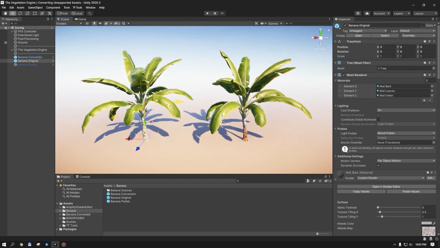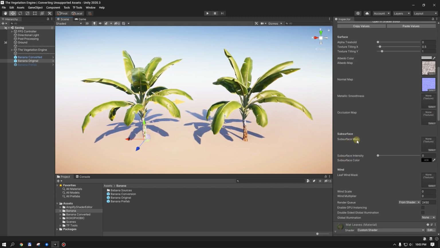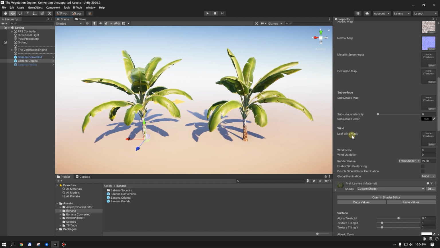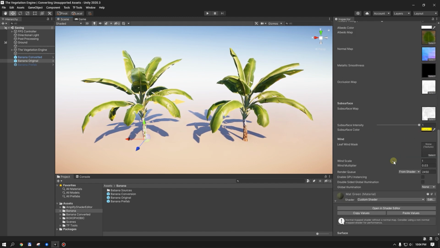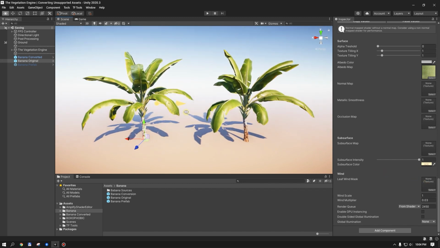If we look at the banana tree on the left, you can see that a custom shader is used, and it has all the standard maps like the albedo map, normal map, metallic smoothness map, an occlusion map. We have a subsurface map with some subsurface intensity and color, and we have a leaf wind mask which is empty on all the shaders and it is not used. If we look at the prefab, it has a bit of wind animation,